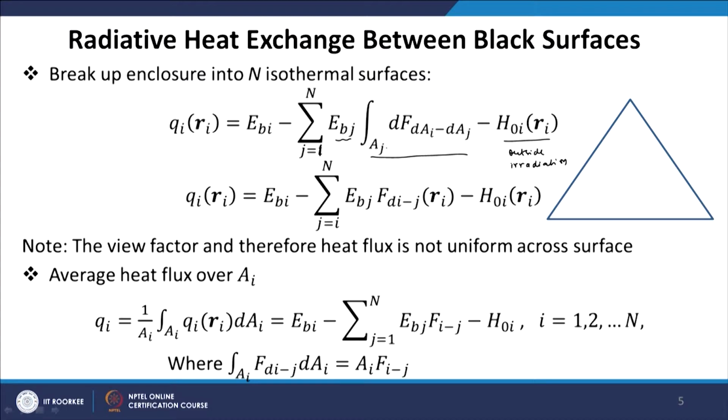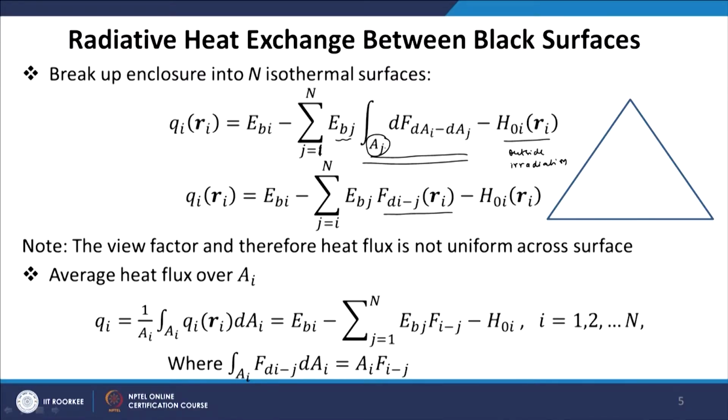Now, looking at the term in the integral, what we have is basically dF, the view factor between the small element dAi and the small element dAj, and we are integrating over the entire enclosure. So, this can be represented as the view factor Fdi-j, that means the view factor of a small element dAi at any location of the enclosure with the entire enclosure. So, Fdi-j represents the view factor of any location of the enclosure with the entire enclosure. And we have eliminated the integration from this equation.